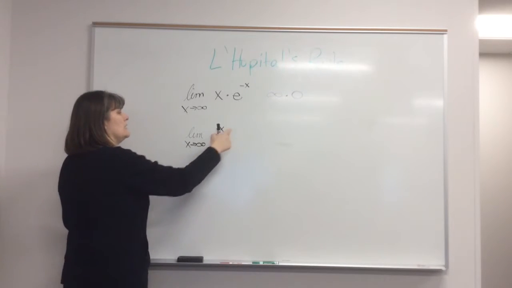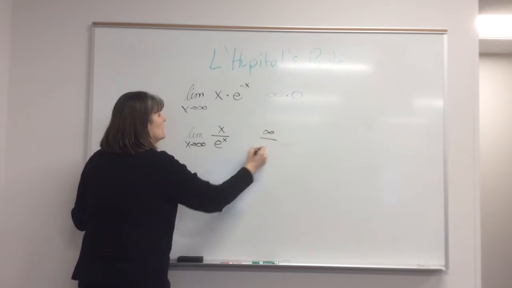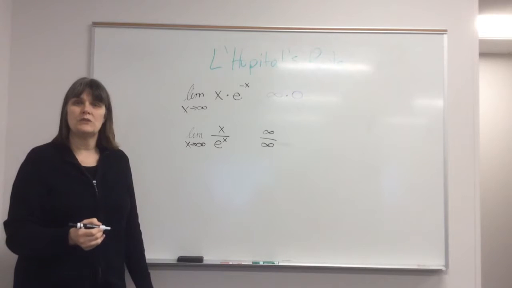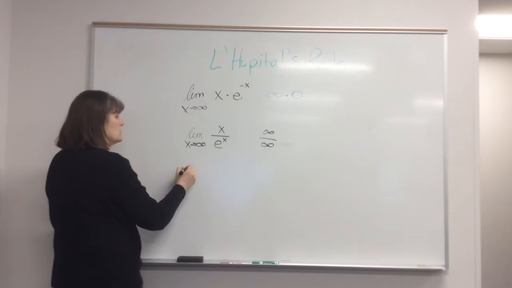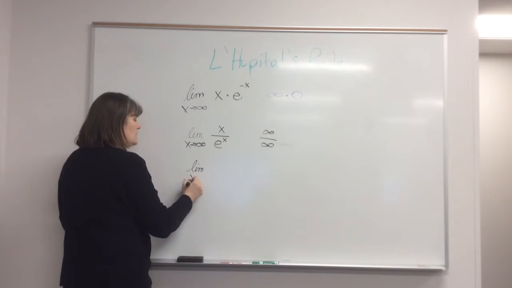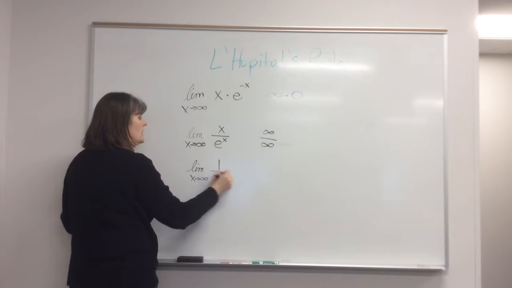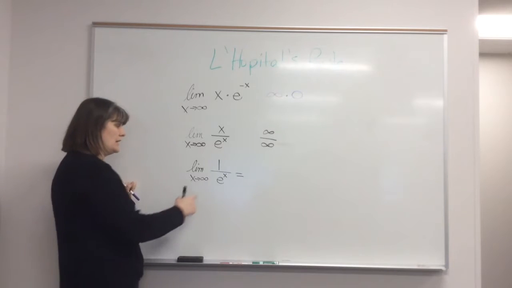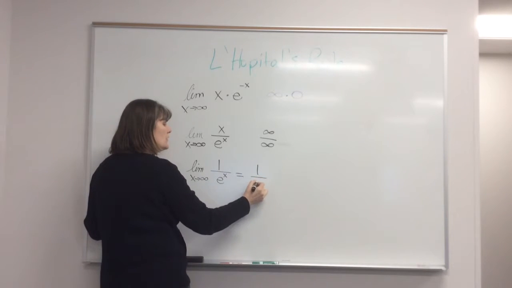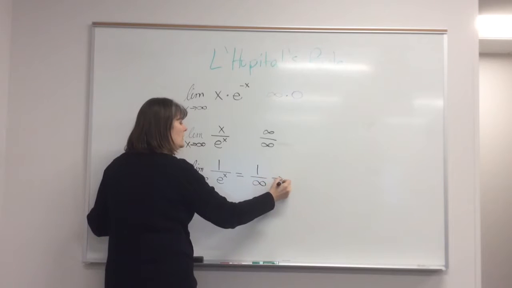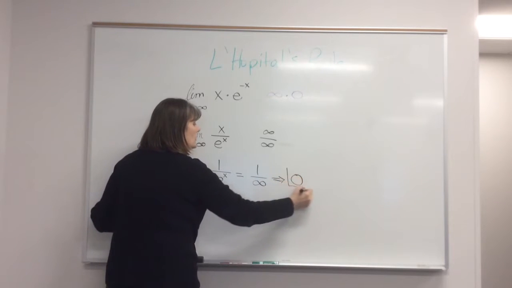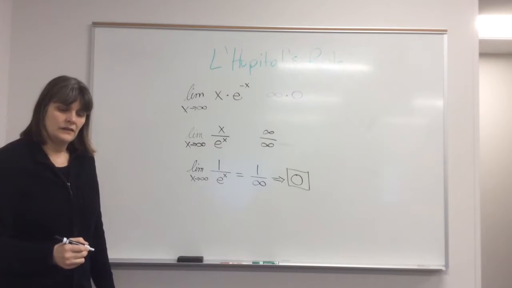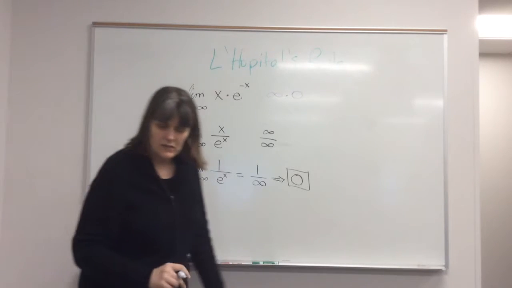Now when I plug it in, I get infinity over e to the infinity, which is a really large number. Now we can do L'Hopital's rule. L'Hopital's rule says, take the derivative of the numerator and the derivative of the denominator. Now when I plug it in, I get 1 over some really large number, and that gets really small, so the limit is 0. There is a special case